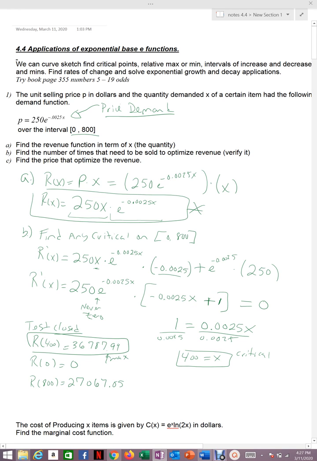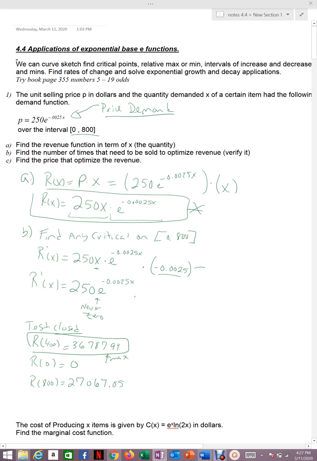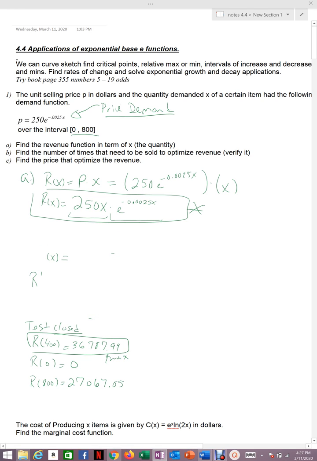0 is my minimum, because again, remember, the extreme value theorem guarantees both a max and a min. And it should make sense: if I don't sell any, I'm not going to generate any revenue, and that's going to be my minimum. Alright, my maximum is when I sell 400. So again, the answer to part B is